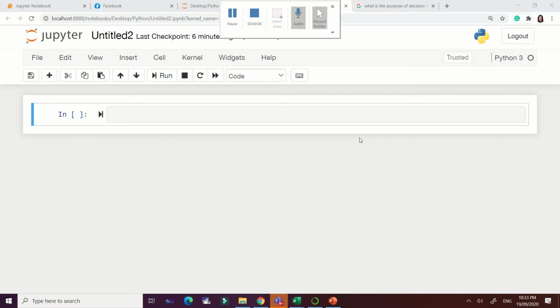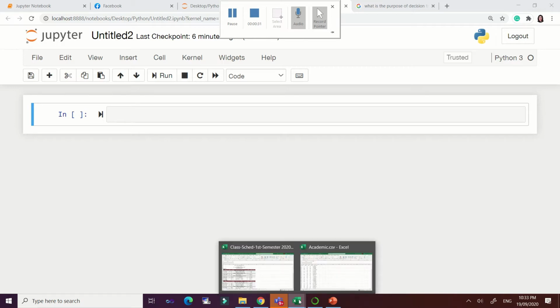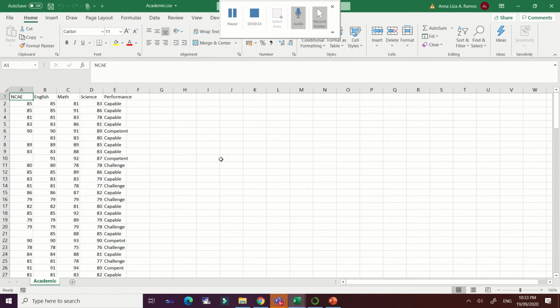For this demonstration, I will be showing you how to code a decision tree. We will be using this Jupyter notebook to write our Python code. So we will be using this data. So I have here my data. The name of my data set is